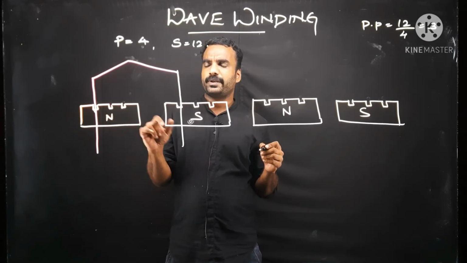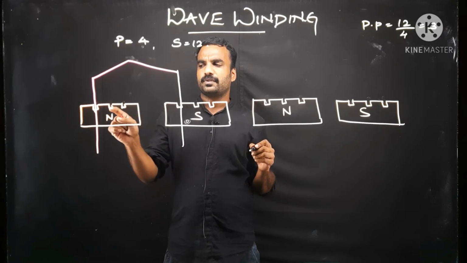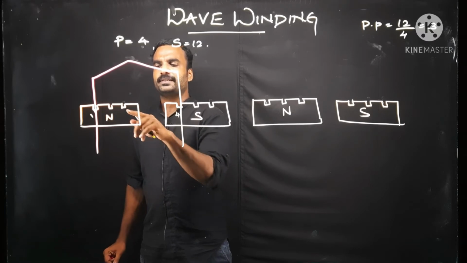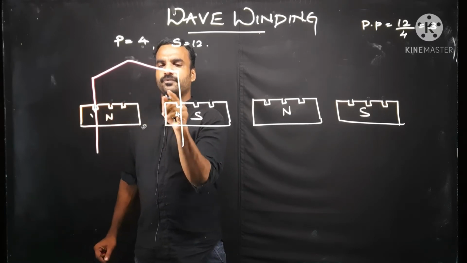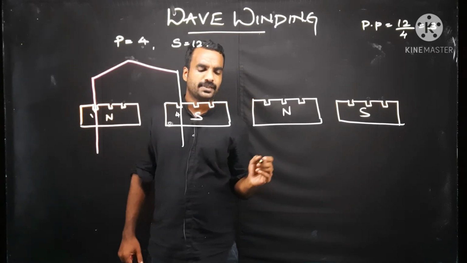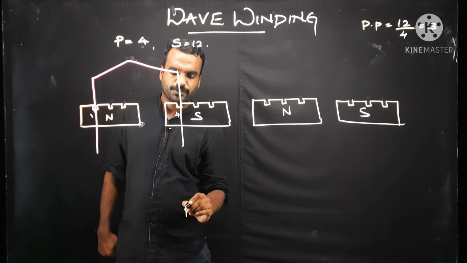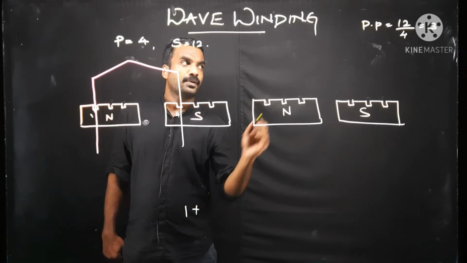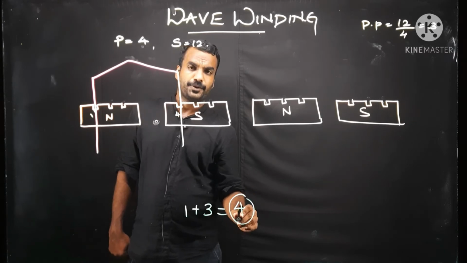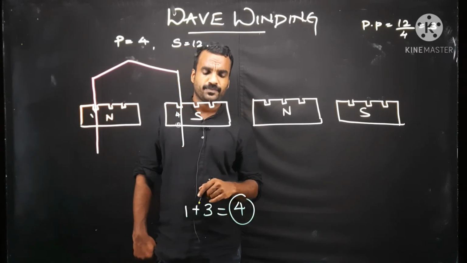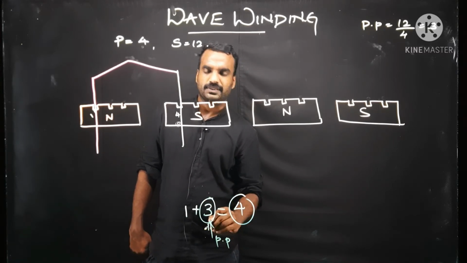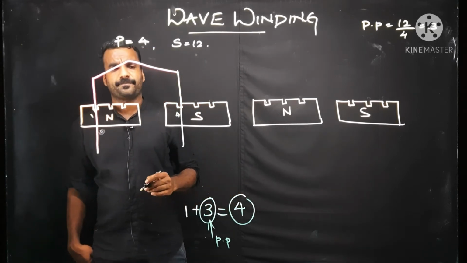So coil span should be equal to pole pitch. What is the coil span? You are placing from 1 to 4, so 3 is the coil span. In other words, the starting end is placed at first slot, plus pole pitch 3, you will get the number of the slot that you have to use for placing the finishing end. So the coil span is nothing but pole pitch here, and such a winding is known as full pitched winding.